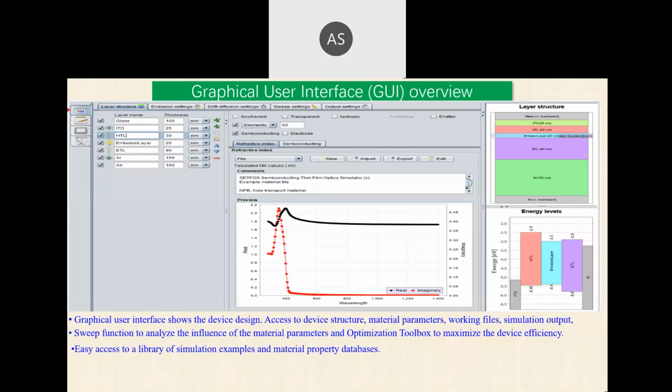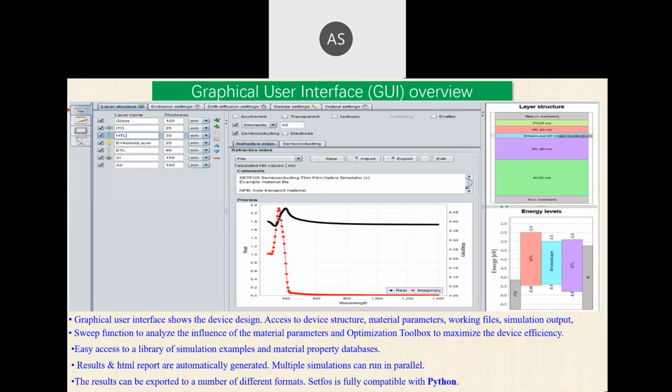Results will automatically be generated and prepared, and presentations will automatically be generated. Multiple jobs can be run at a time. The results can be exported to standard file formats like Excel, DAT, PNG, JPG, PDF, so that you can also import them in Origin or any other third-party software.